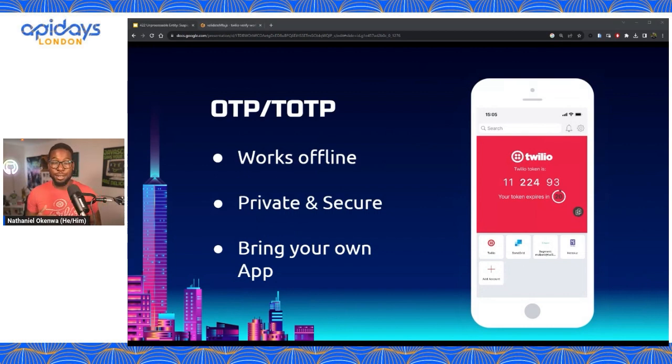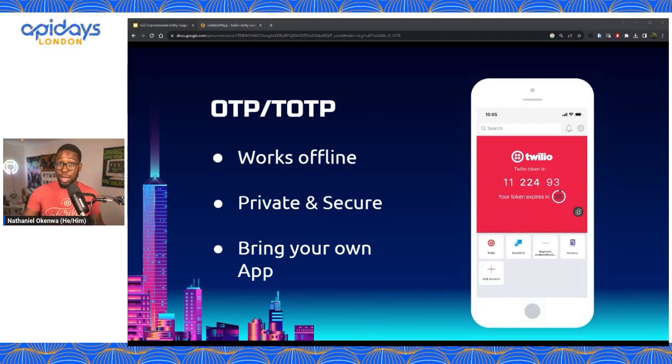So you may have heard, you may have an authenticator app. I use an app called Authy. There, you have one-time passwords or timed one-time passwords. These work with keys in the background behind them, and they're really, really good, really private, really secure. You bring your own app. One thing I will say about this is, among people who are very technically literate, lots of them may have them, but they are not as widely adopted as maybe WhatsApp or email or SMS. Not as many users have one-time or timed one-time password applications on.